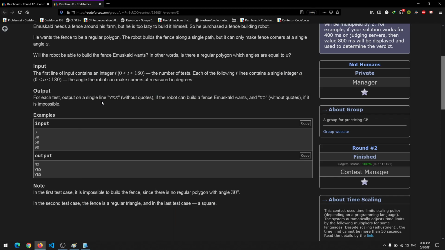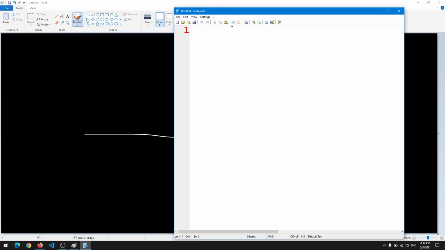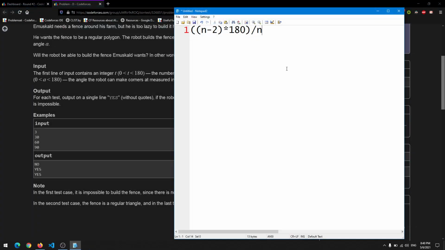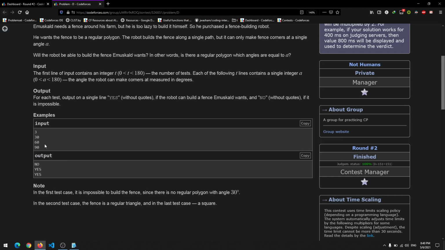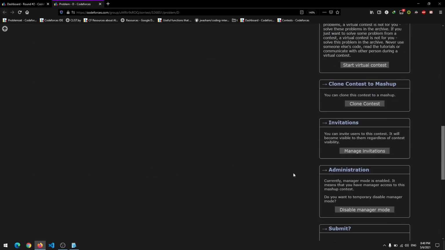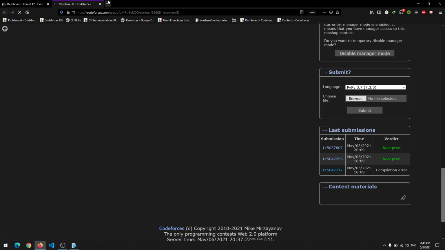In any polygon, the sum of the angles is always equal to n minus 2 into 180. So for each angle, that would be divided by n. Getting it? So what do we do? We simply create this array from scratch and match it to this n. If it's true, we return yes. If it's false, we return no. So let's see the code.